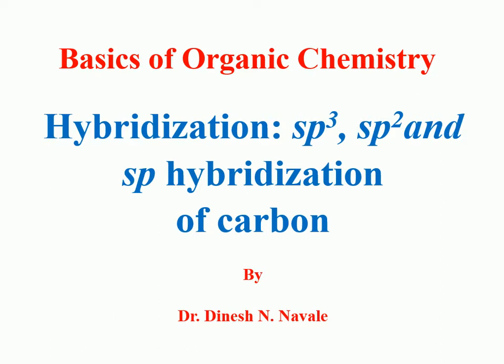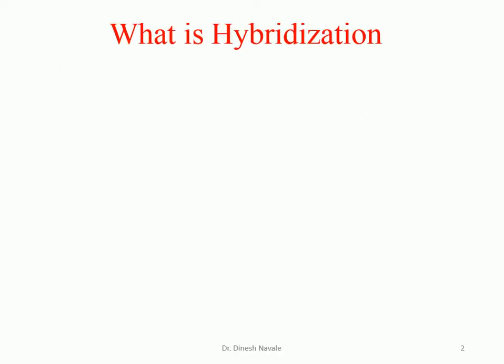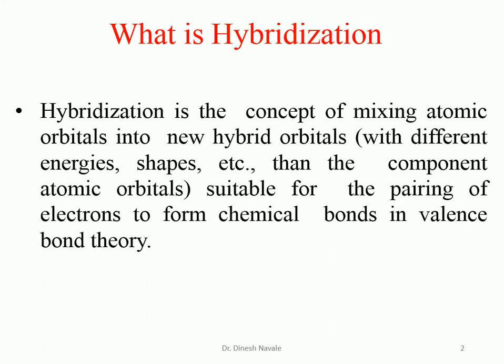So during this hybridization, what is hybridization? The definition of hybridization is the mixing and recasting of atomic orbitals to form new hybrid orbitals with different energy and shape. So this is called hybridization. During hybridization, two atomic orbitals are combined and give the formation of a new hybridized orbital which has a different energy and shape.